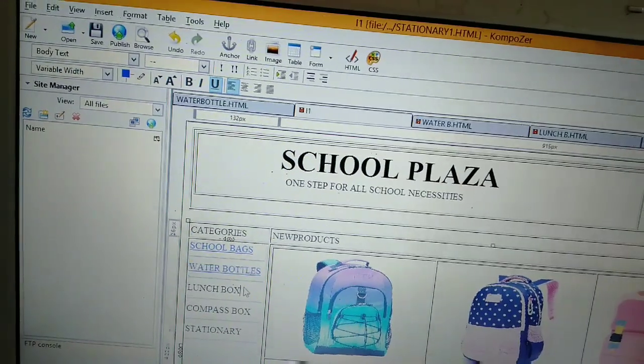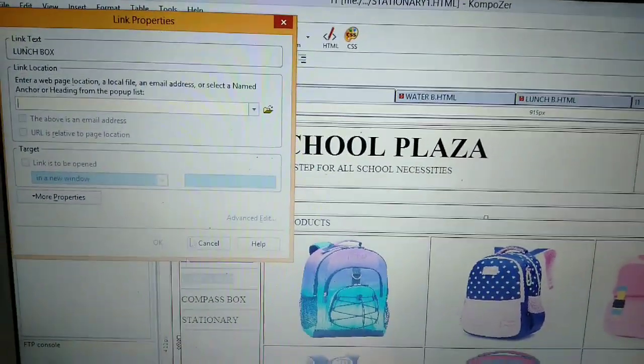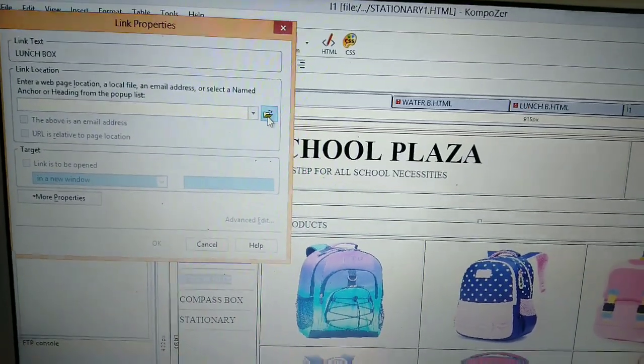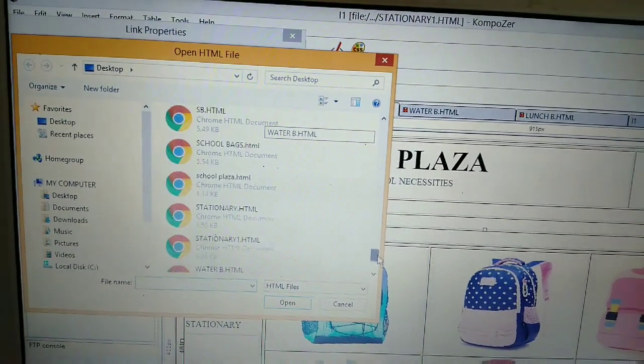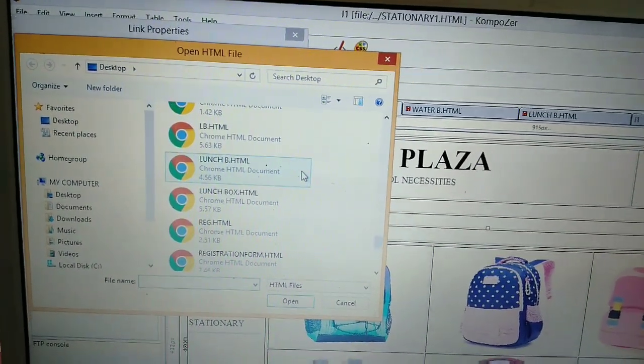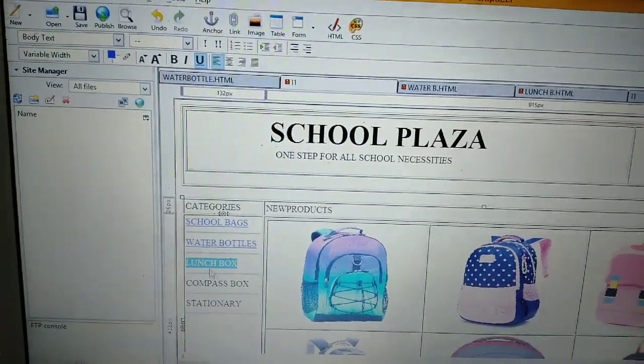For lunchbox same, Ctrl+L, folder lunchbox, lunchb.html, open. Okay.